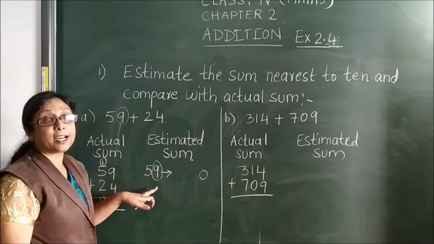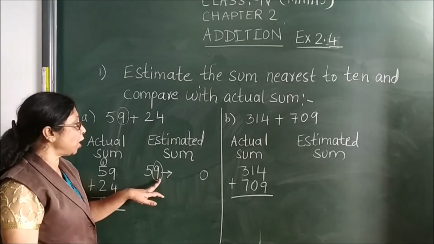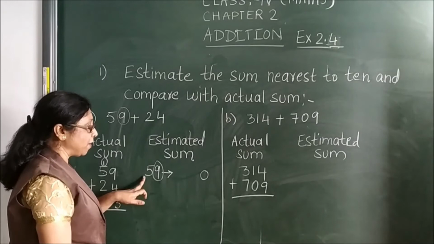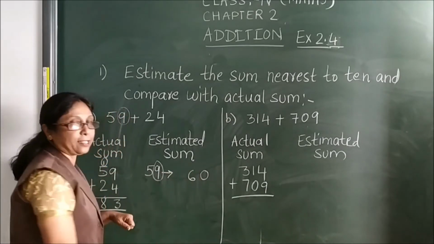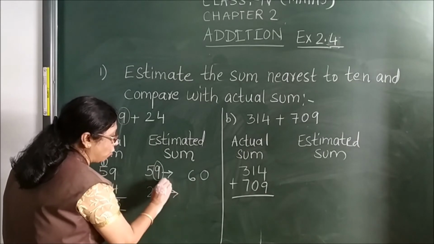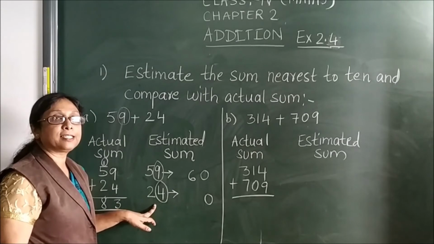Now see the circle digit, which is more than or less than 5, it is more than 5. So what will happen, the outside number you have to add 1. So if you add 1 to 5, it will become 6. Clear? For the second sum also, we'll round, circle 1 digit and you see here the circle digit is less than 5.